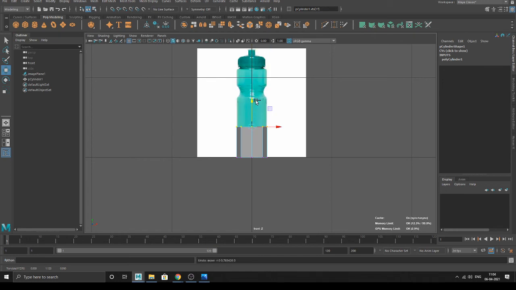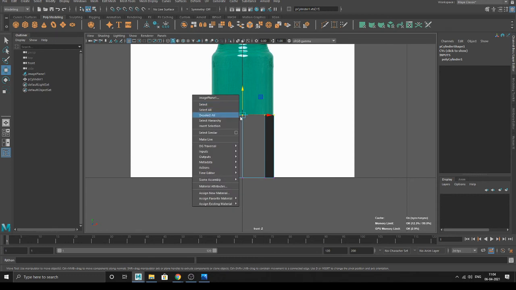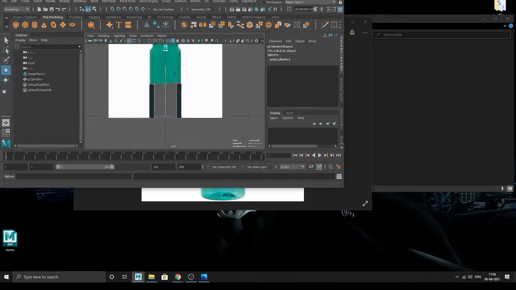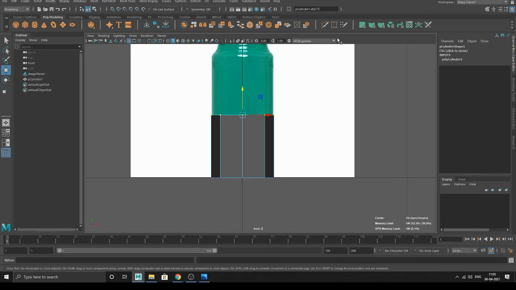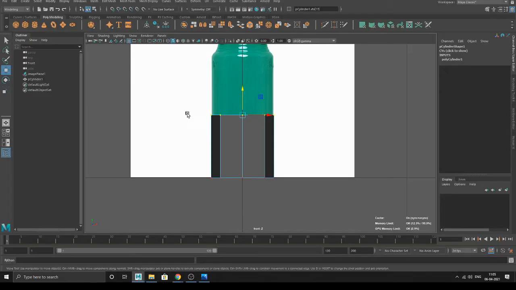How did I do it? Again, I went to vertex mode and I selected this, the upper part. How did I select it? Left clicking. If you right click, nothing will happen. If you left click, drag, left click, drag, left click. It is similar to this thing. If you want to select everything, you left click, drag. It is the same way here. Look here: left click, drag, left click, drag. You know this? Same way. Left click, drag, whichever you want to select. If you want to select just this, left click, drag, and it'll select everything.